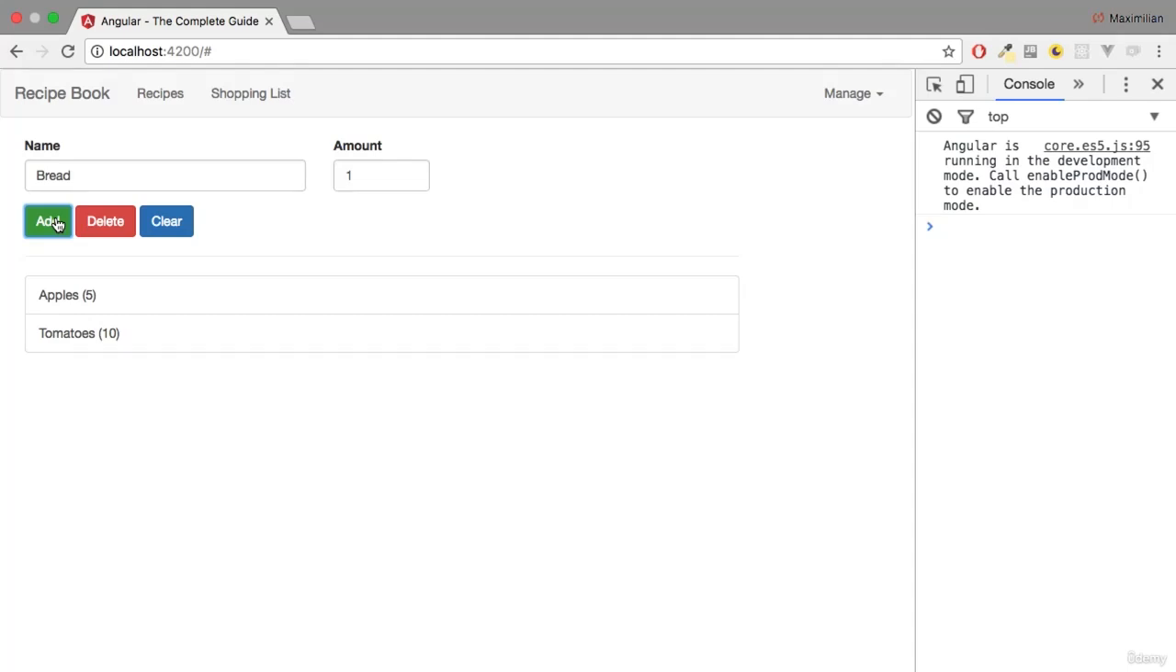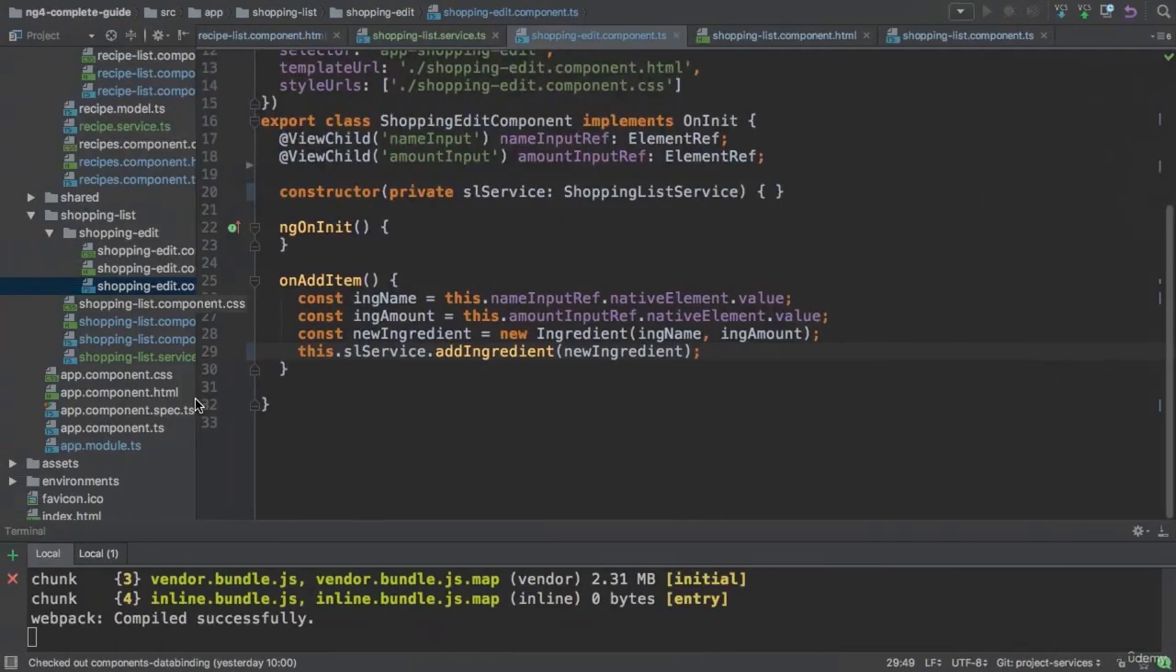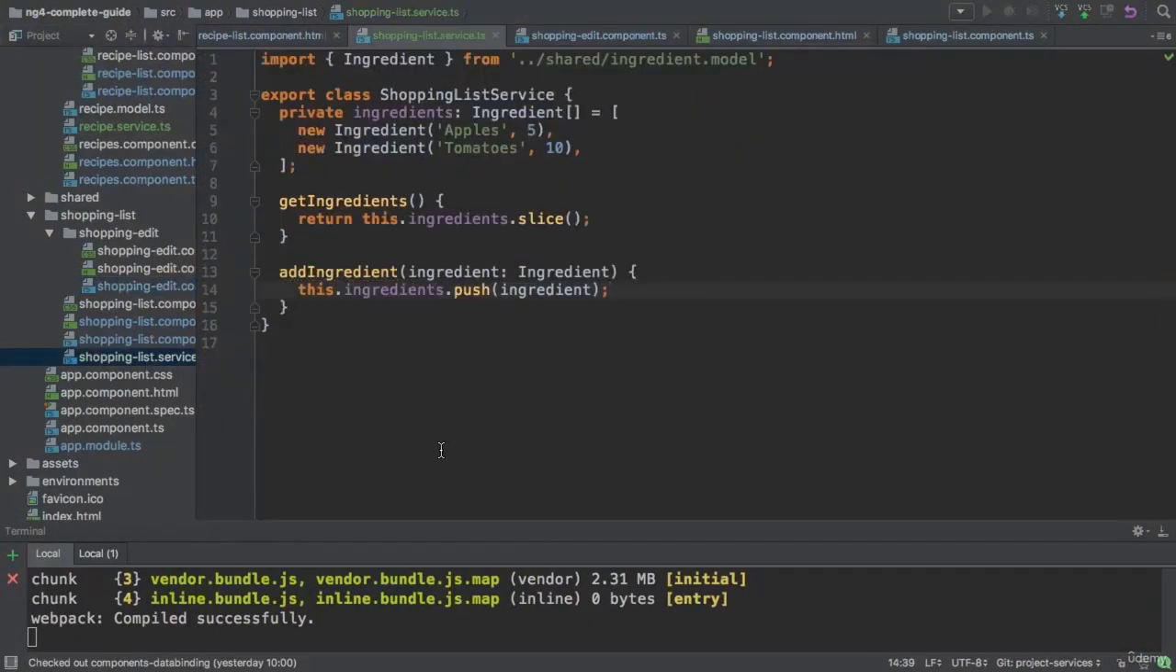In the last lecture, we basically finished our shopping list service, but here's one thing which is not working. I can click this add button as often as I want. I don't get an error, but I also don't see it getting added to this list. The reason for this is that when we call get ingredients, which we of course do to populate this list,